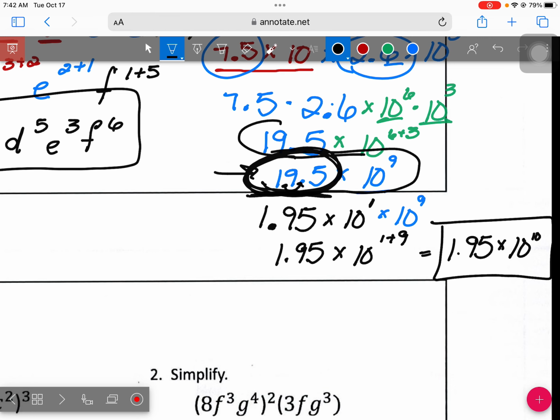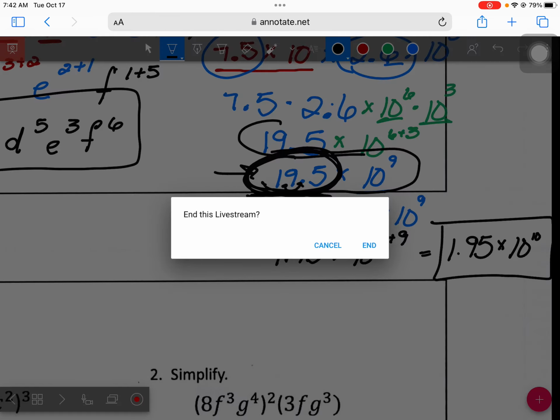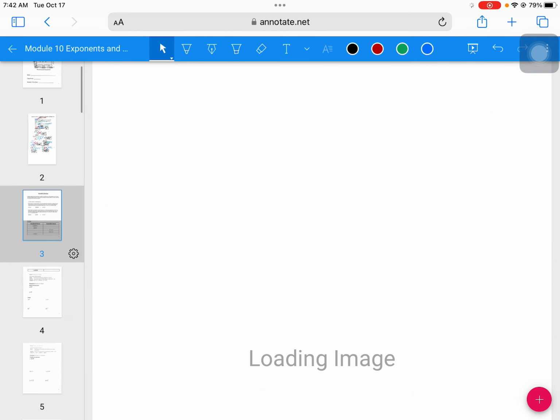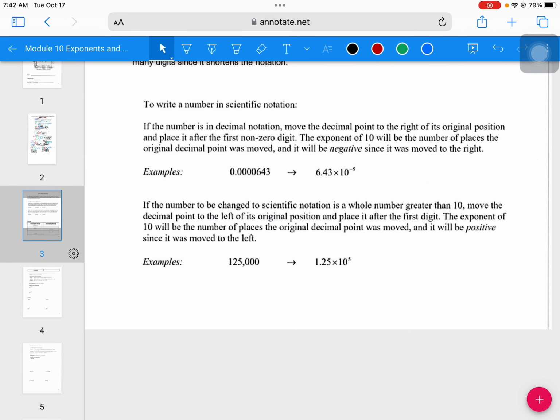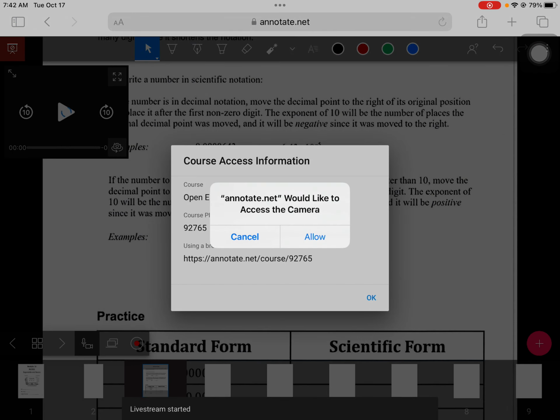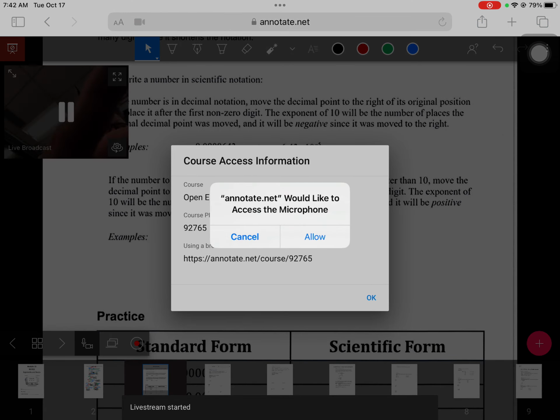But let's jump now to, I think we're on page 3, maybe? Page 3 of your packet. And let's go over, oh no,